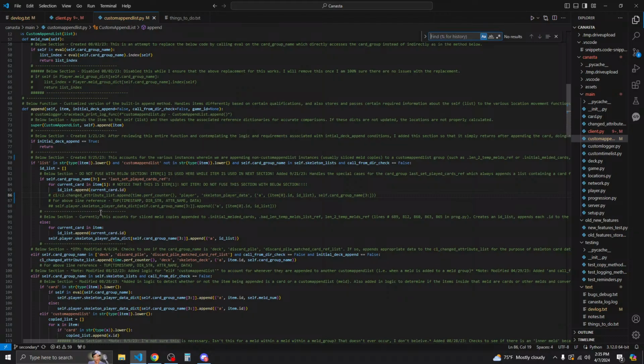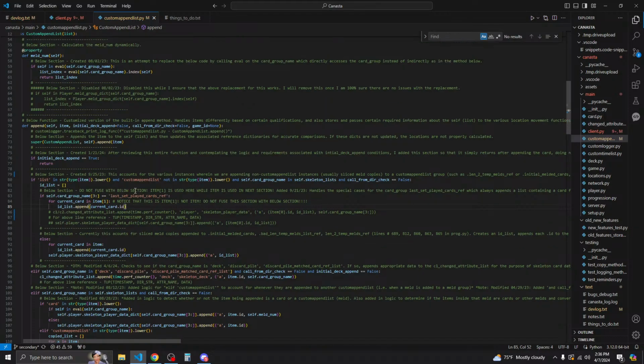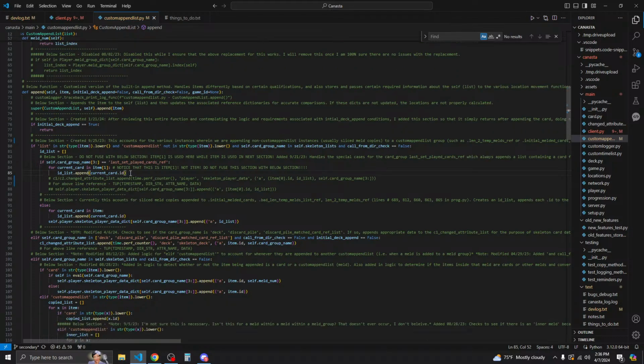So we're gonna go to, well, first off, what we can do is we have to have a way to know whether or not we're going to be using C1 or C2, because if we're dealing with player 1, we want to use the C1's change attribute list.